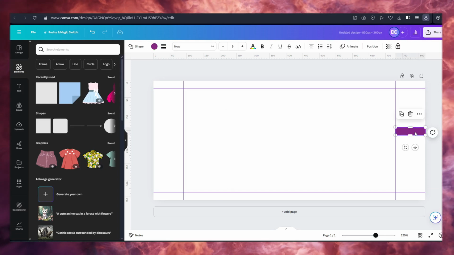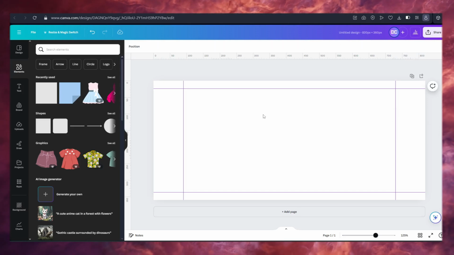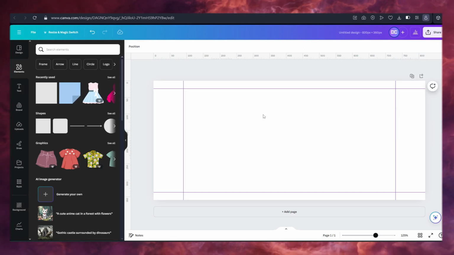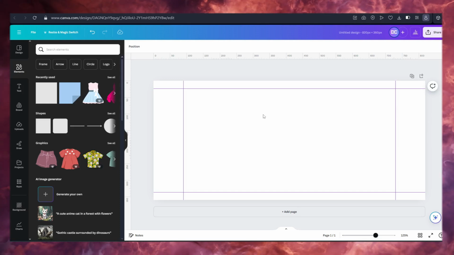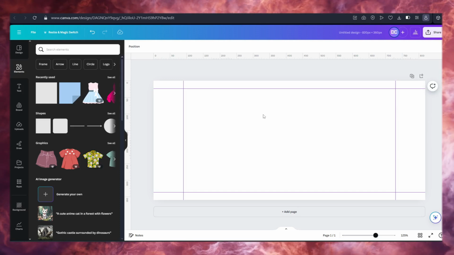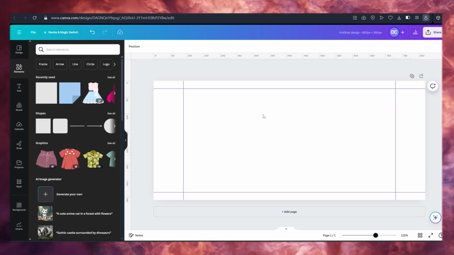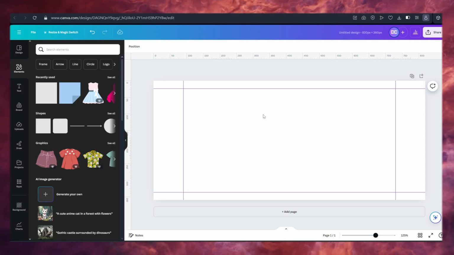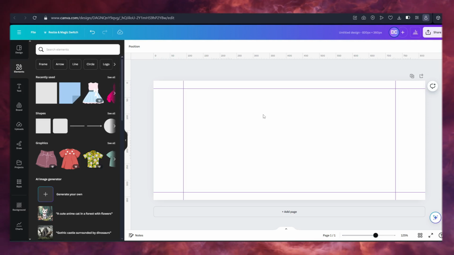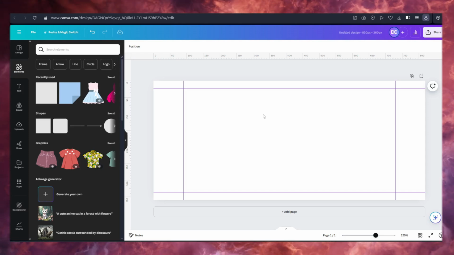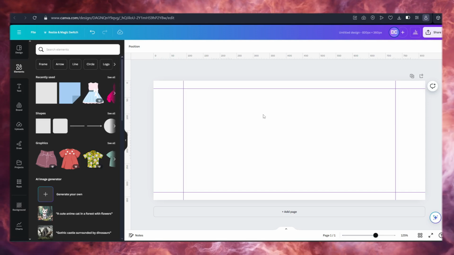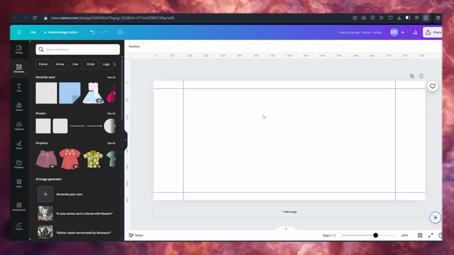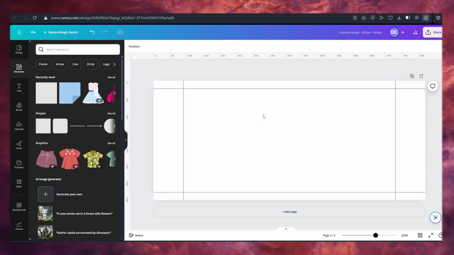Now you can delete this as it is not needed, but you have to keep one thing in your mind: anything, any editing that you will do to your Facebook cover should be done in this center safe zone box only, so that even if Facebook crops your cover photo when viewed on a mobile phone, nothing on your cover photo gets distorted or is not visible clearly.